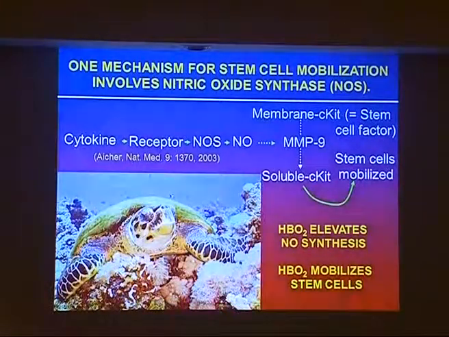Now, before we started playing around with this, it had been demonstrated that nitric oxide synthase is one of the central components for mobilization of stem cells from the bone marrow. Cytokines, one of the major ones is vascular endothelial growth factor, liberated from a peripheral site, the wound, migrates to the bone marrow, interacts with receptors on bone marrow stromal cells,